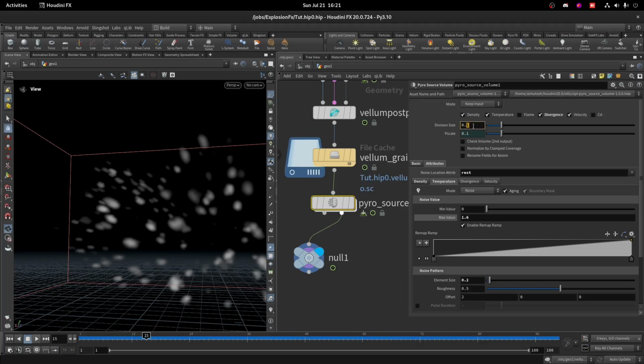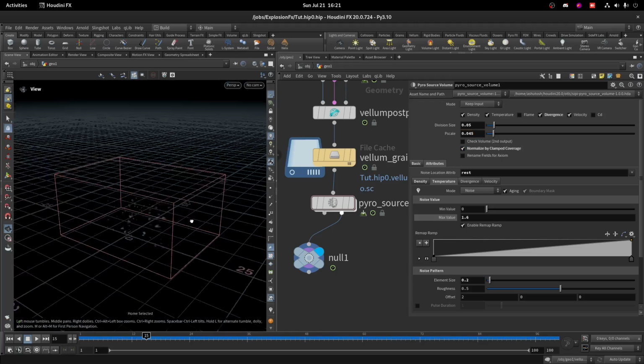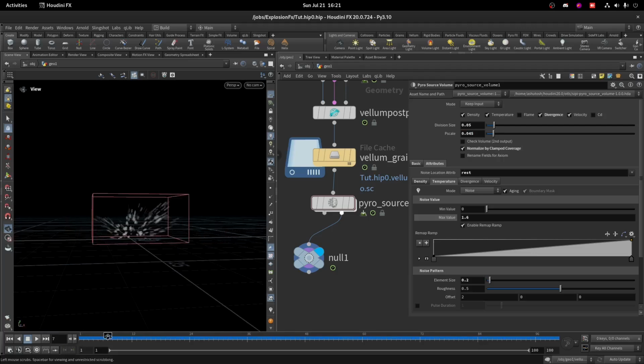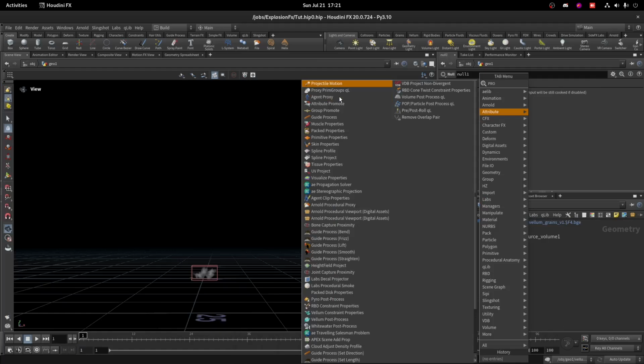So I will reduce the division size to 0.5 and the particle scale to 0.45. I will also turn on the normalized clamp coverage. Now we are all set. You can see. Now we have to take the pyro